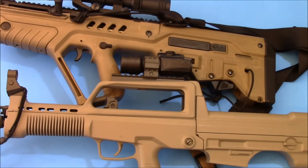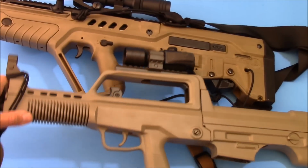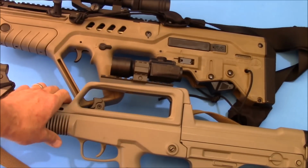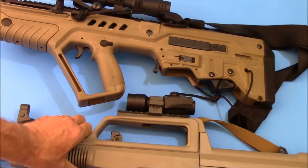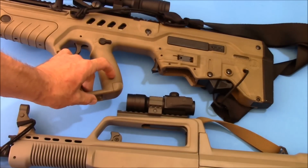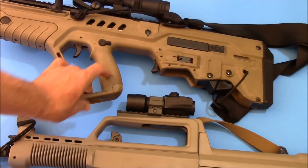Pistol grip and ergonomics. How does it feel? Well, this is funny. I like the T97. I like the way the T97 fits me. I like the way the pistol grip feels. On the T97, it's got an empty portion in there that comes with the cleaning kit from the factory, and it looks like we got a hollow handle on the Tavor as well. But I've got to tell you, I like the